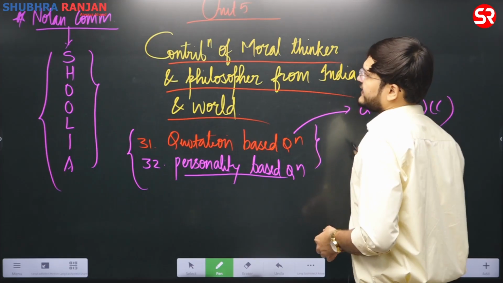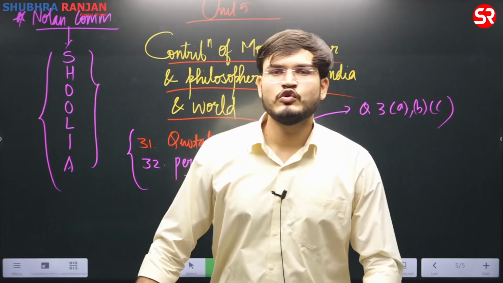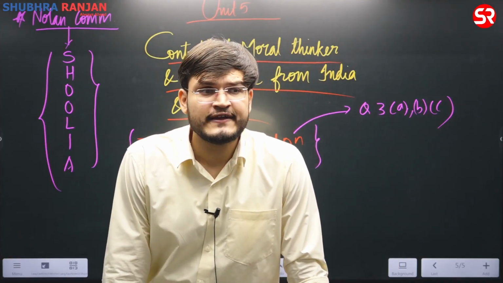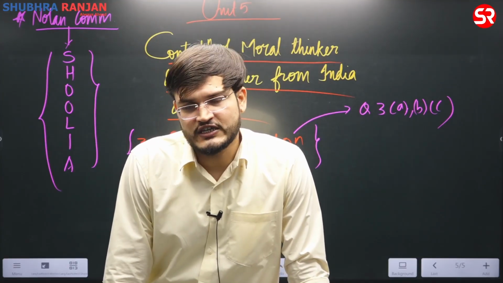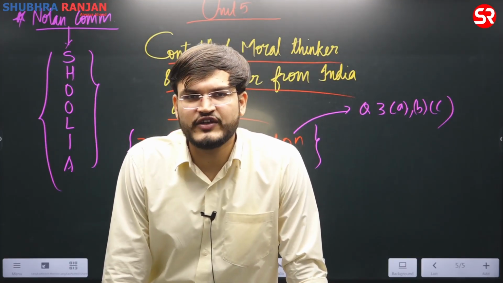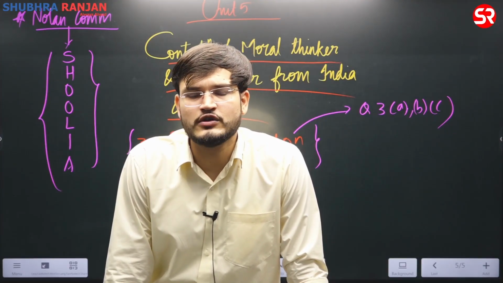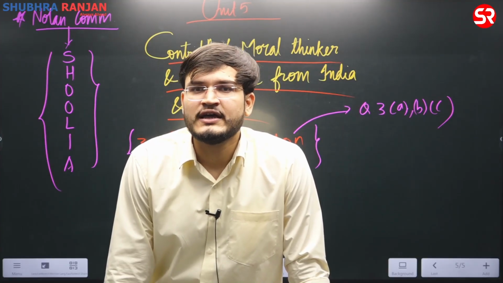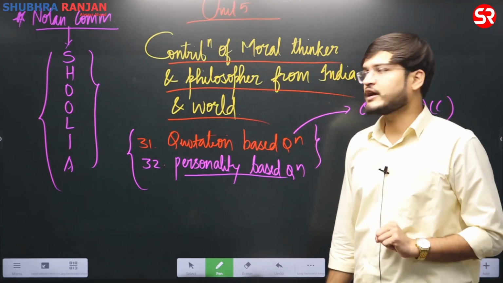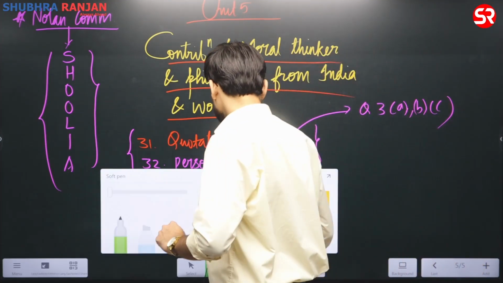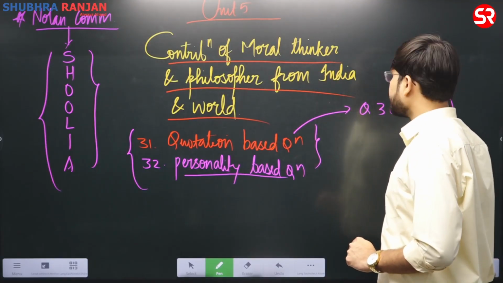and C. And thereby in unit number 5 there are various keywords we have, although in the classes we used to give all of those keywords. If you say, for example, do mention in the comment sections if you need those keywords also, thereby I'll be making a separate video, and I'll be talking about those 50 keywords which are very useful for scoring more than 140 plus. All those important keywords I will definitely talk about in the next video if you demand that. But all of these are very important themes with respect to unit number 5.